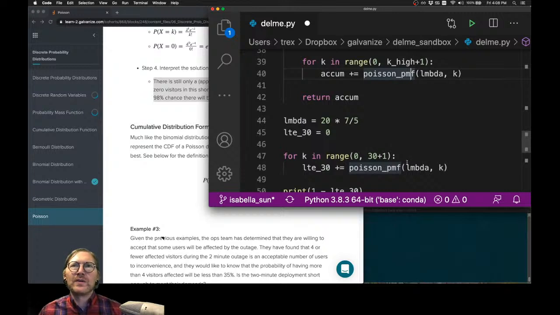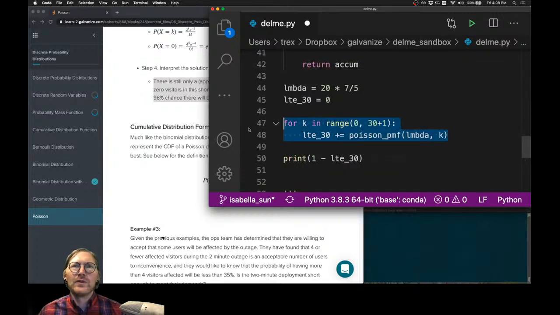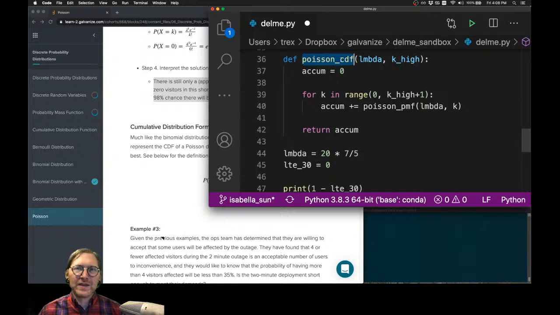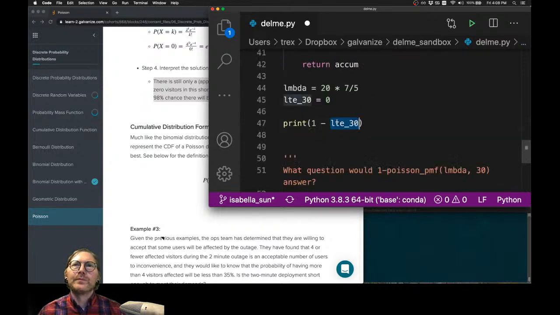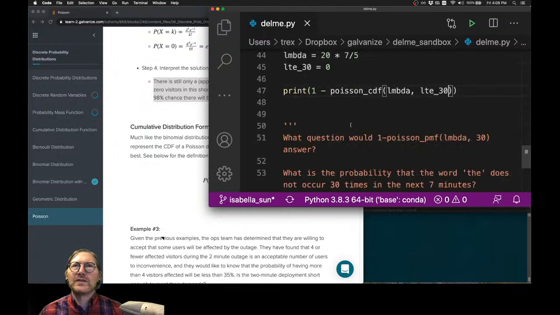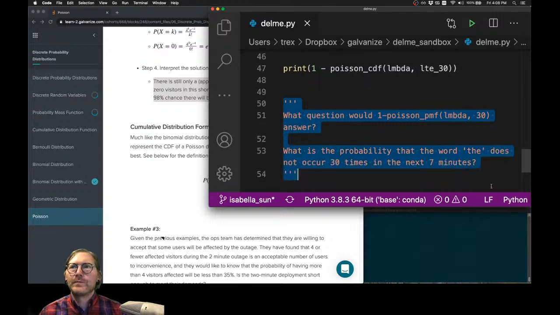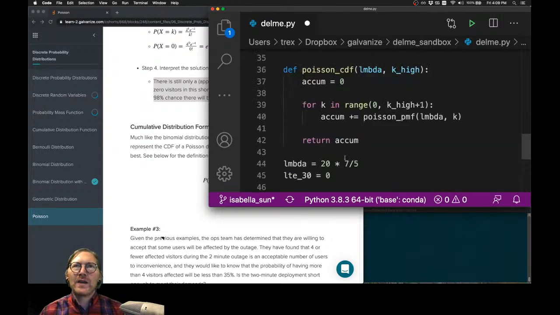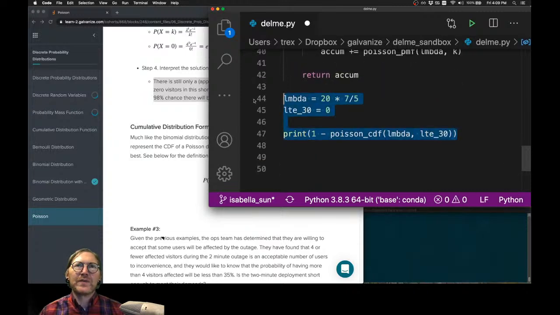So we've got our lambda and all this here. Instead of this little bit of code, we can say 1 minus the Poisson Cdf, lambda, and then less than or equal to 30, and that will work exactly as we would expect it. Okay. All right. So now we've got this Poisson Pmf, we've got this Poisson Cdf,